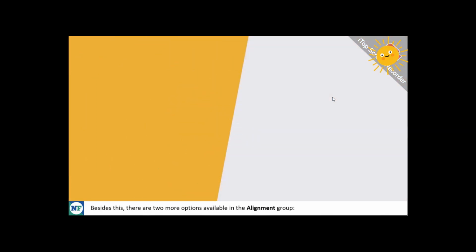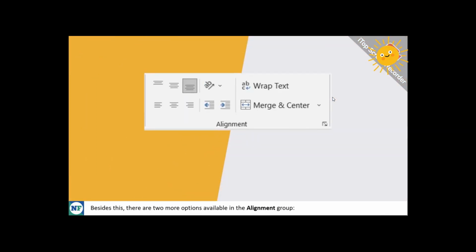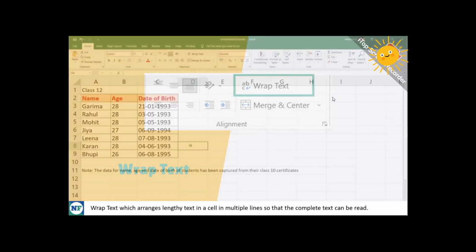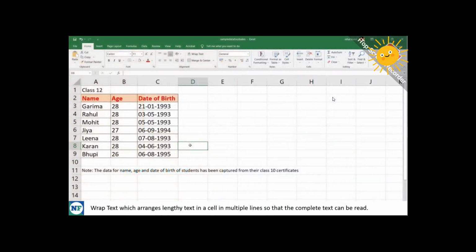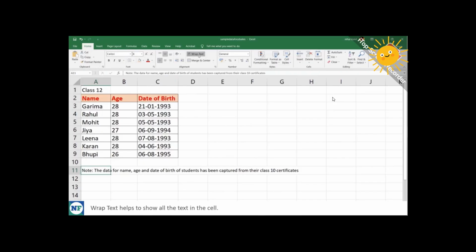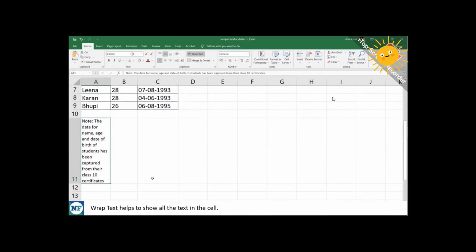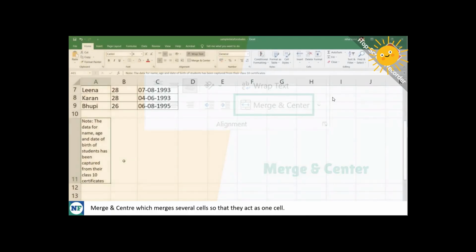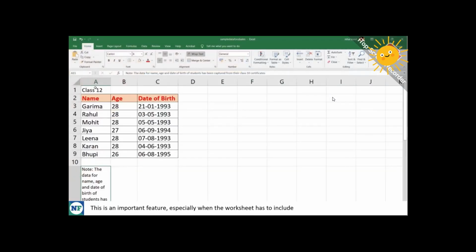Besides this, there are two more options available in the Alignment group. Wrap text, which arranges lengthy text in a cell in multiple lines so that the complete text can be read. So, even if the text or information in a cell overflows the cell boundary, wrap text helps to show all the text in the cell. Merge and center, which merges several cells so that they act as one cell. This is an important feature, especially when the worksheet has to include some special data for which the column width